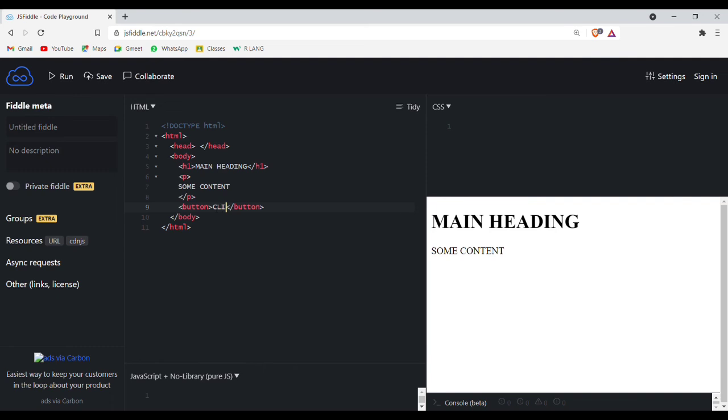Click. Let's run this. See, here we created a button using these HTML tags or HTML elements. We can simply add these HTML elements into the web page.